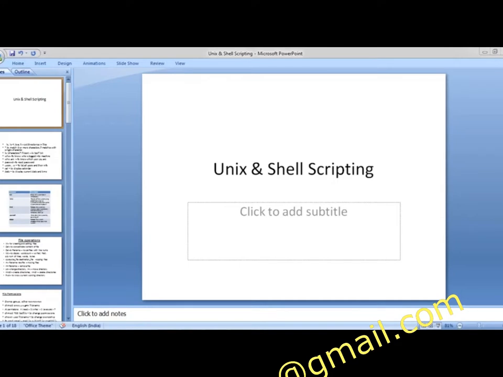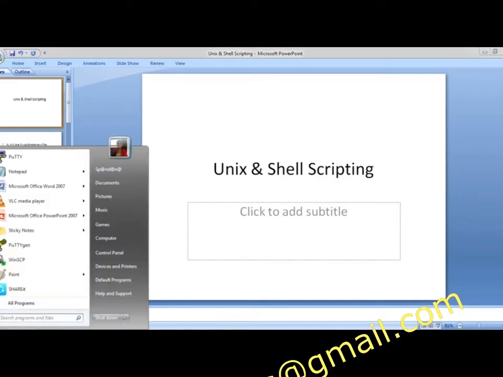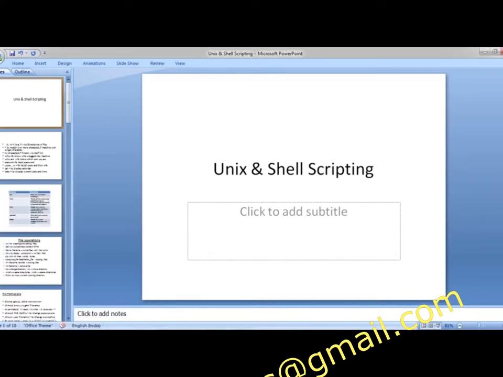This is my graphical user interface for Windows. If I want to access any folder, I come here and open it. But if I want to do it from the command line, how am I going to do it? cd c colon slash, my destination folder name, whatever. This is how I'm going to access it from the command line.